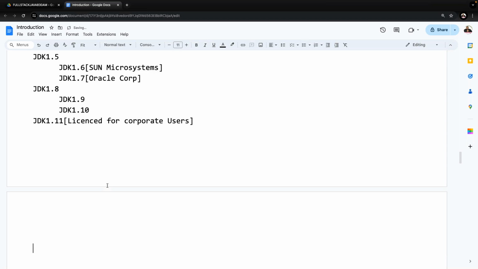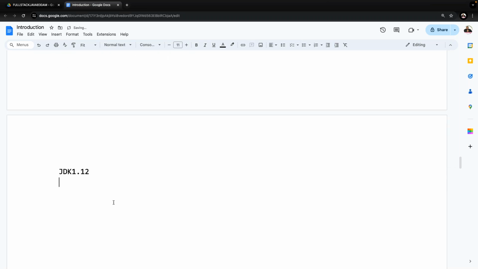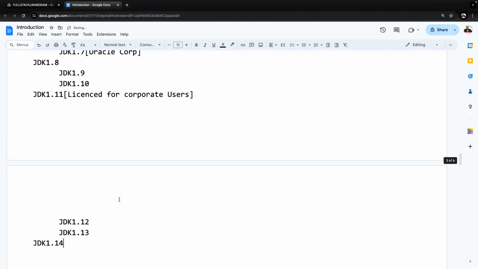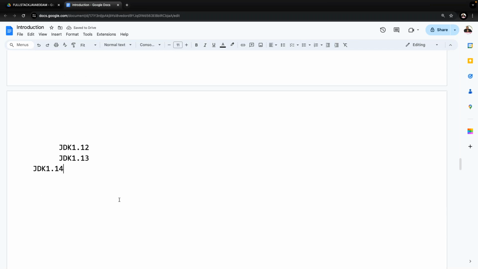Now this is completed. After this, next are JDK 1.12 and JDK 1.13, namesake versions only. Now the next major version is JDK 1.14. Then after that, JDK 1.15 and JDK 1.16, again namesake only. JDK 1.17 is a major version. Then after this, JDK